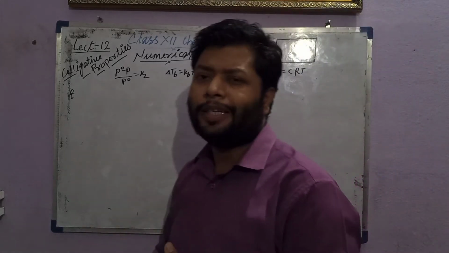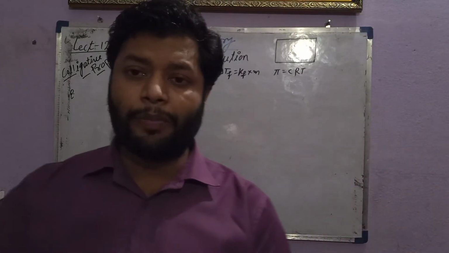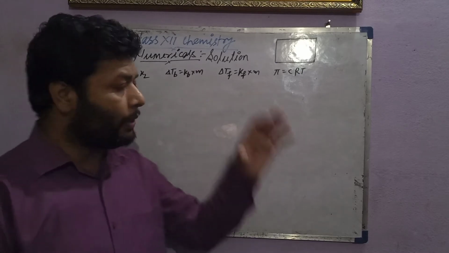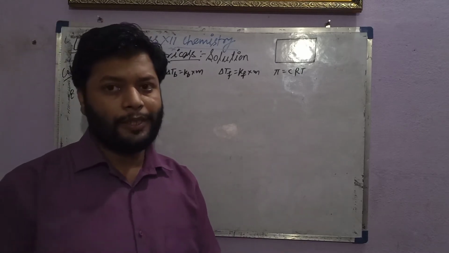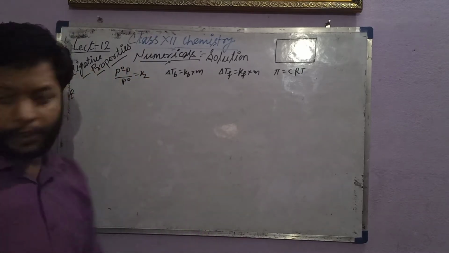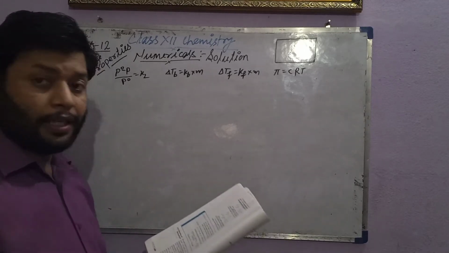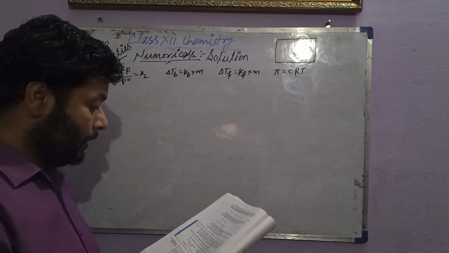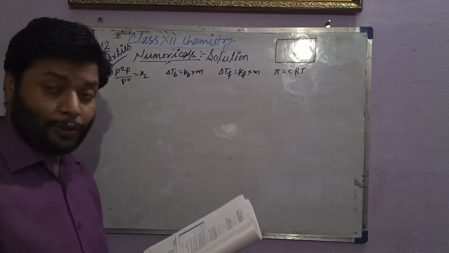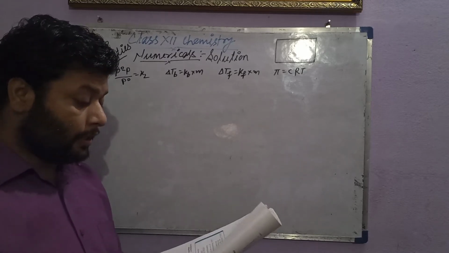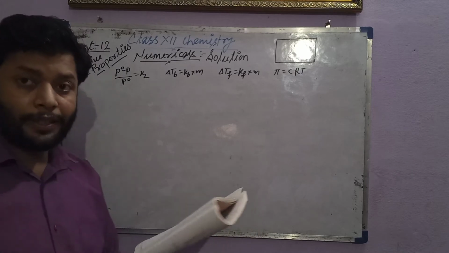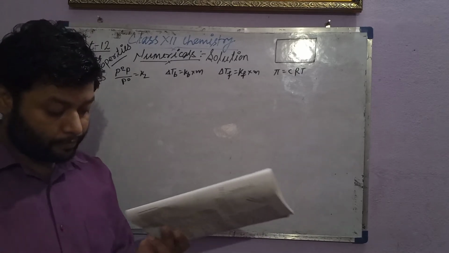We have to solve some numericals based on these formulas. One by one I am going to try some numericals. I have the NCERT book. Example number 2.6 I am going to solve. That is based on relative lowering of vapor pressure, and the question is: